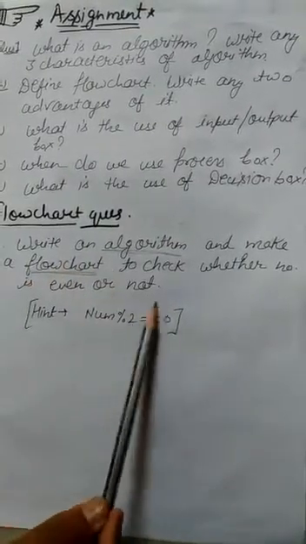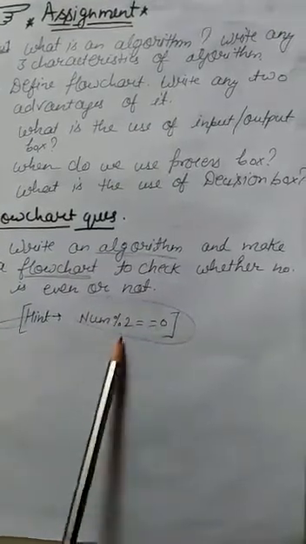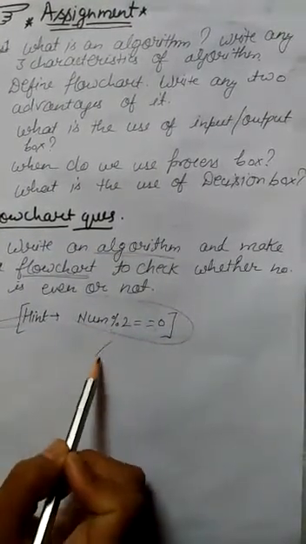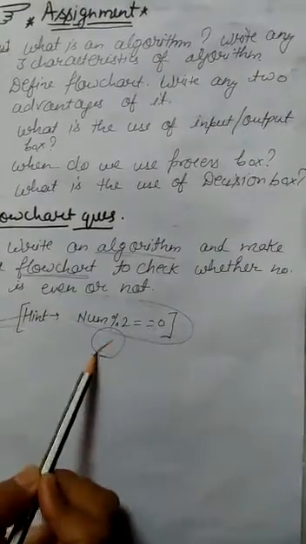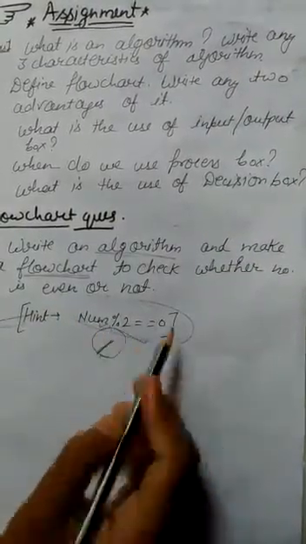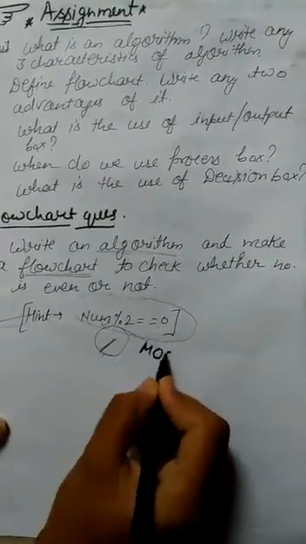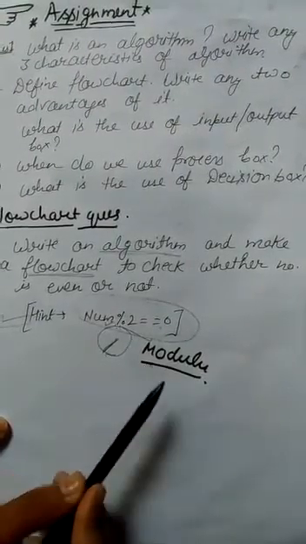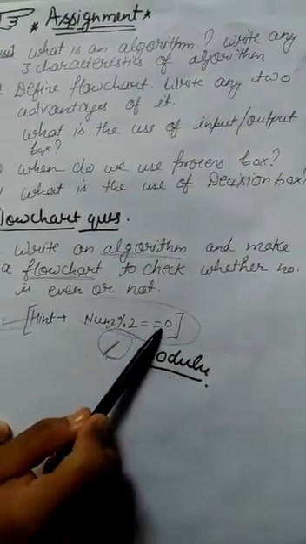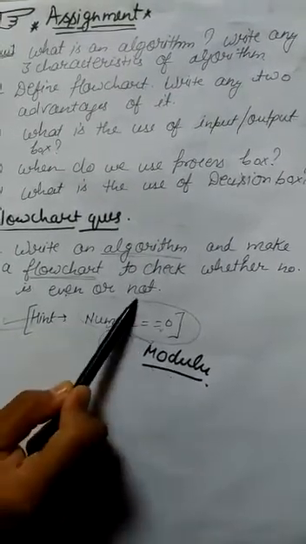Okay, so this condition you can use. I have given the hint how you are going to write. This divide sign we used to write. Divide you used to do to check whether the number is even or odd. So in place of divide you will put this sign, and this sign is called modulo. Okay, we used to call it modulo. We will check the remainder. If the remainder equals 0, then it will be an even number. If the remainder is not equal to 0, then it will be an odd number.